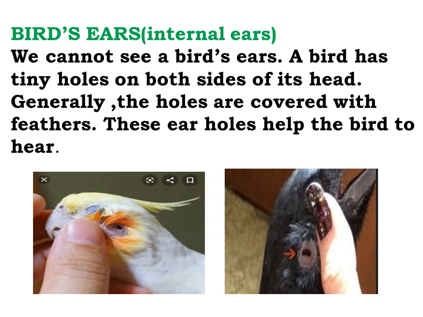Now let us learn about birds' ears. We cannot see a bird's ear. If you watch carefully the bird's ears, you will find that birds have no external ear structures. A bird has tiny holes on both sides of head, just behind and slightly below the eyes. Generally, the holes are covered with feathers that protect them from turbulence. Now, what do you mean by turbulence? Children, turbulence means the fast moving air or sudden air movements that occur. Ear holes are covered with feathers and it is an adaptation of bird for flying.